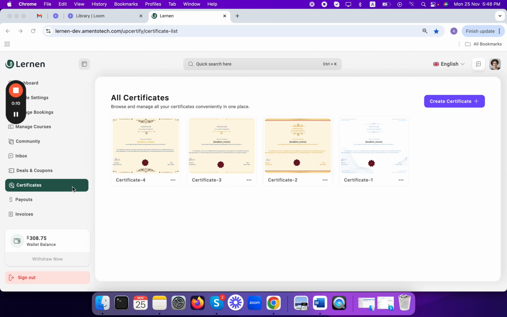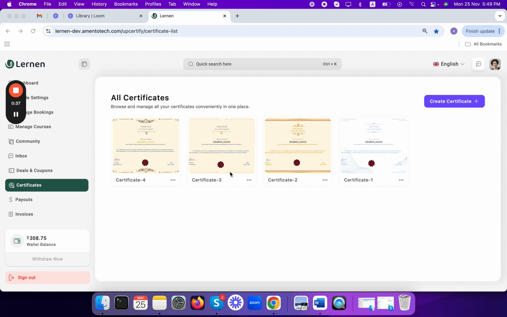where creating, managing, and customizing certificates is easier than ever. Whether you are an educator or a corporate trainer or a program administrator, UpCertify enables you to acknowledge achievements with professional and personalized certificates. You can choose from a wide range of default templates, professionally designed and ready to use. These templates save you time and effort while delivering certificates with a polished and sophisticated look.